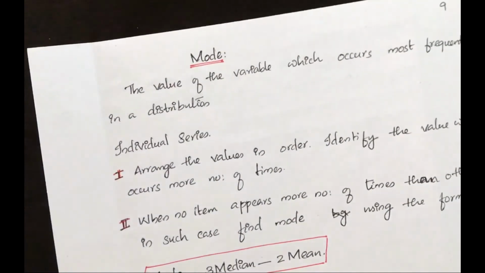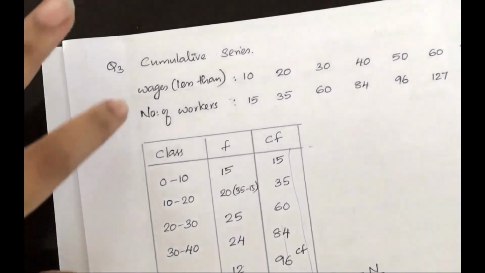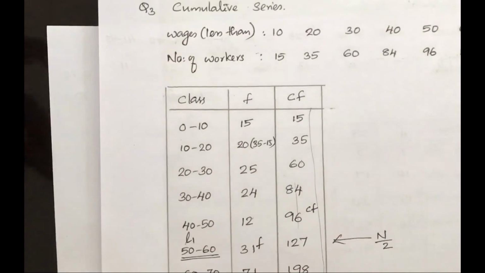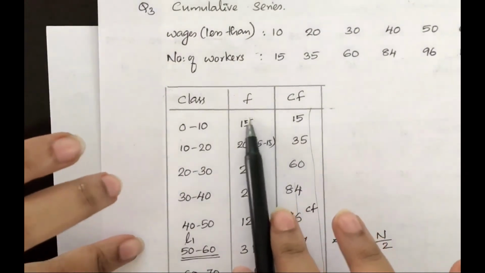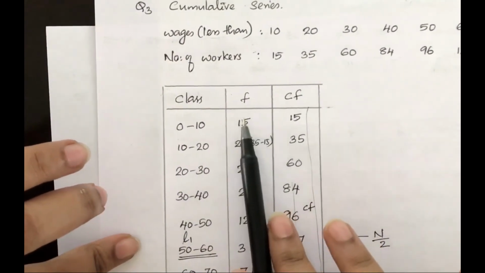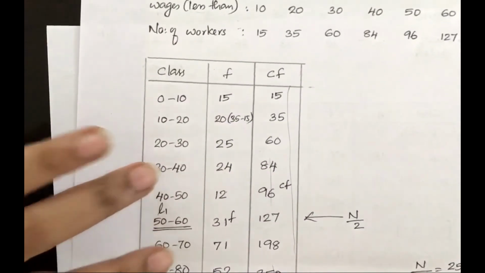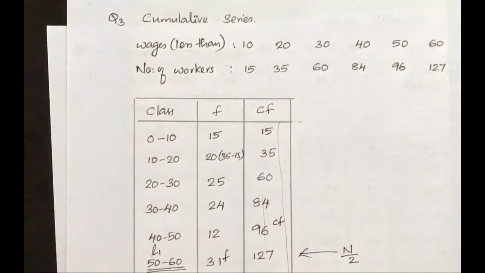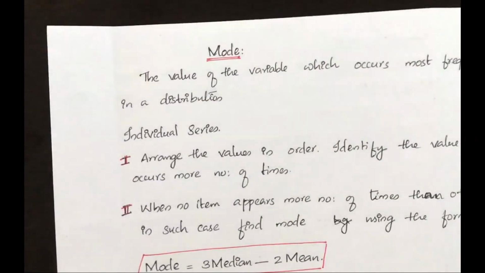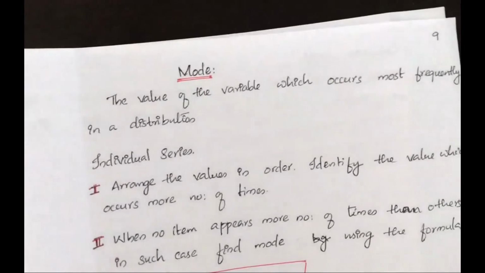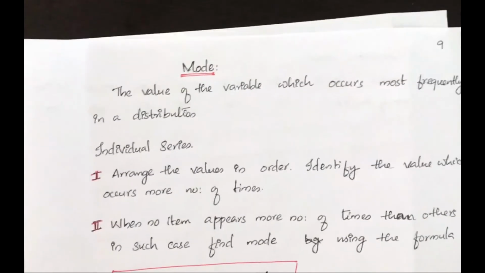Similarly for the more than type also. This is for cumulative frequency of less than type. If the question is of more than type, that's the only change in finding the frequency. Okay, you need to find the frequency, then CF. In a similar way, find the median. So two types, mean and median, both are covered. Now we are going to discuss the third measure of central tendency, that is mode.